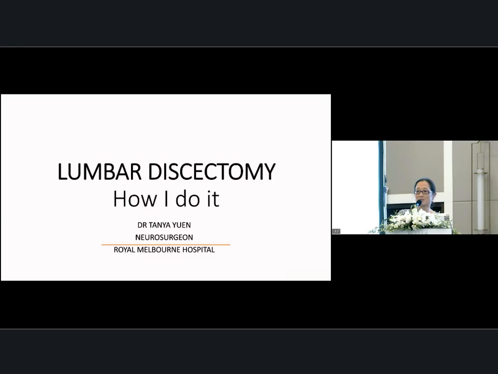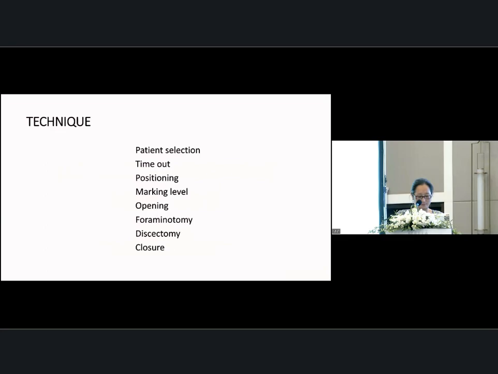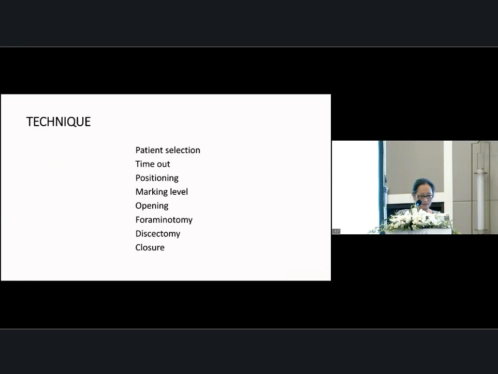So I've been asked to speak about a lumbar discectomy, the standard open approach, and how I do it. Okay, sorry, the photos haven't come through, but yeah, there are many ways to do a lumbar discectomy these